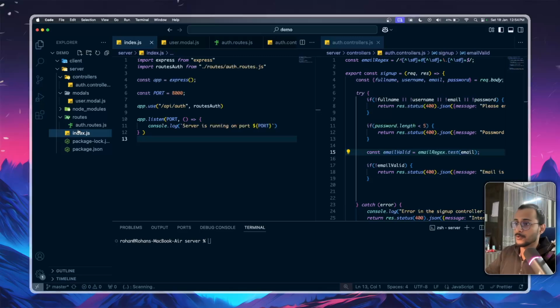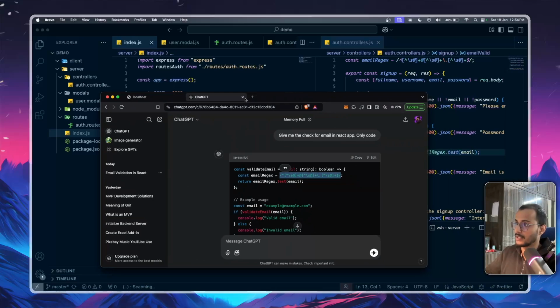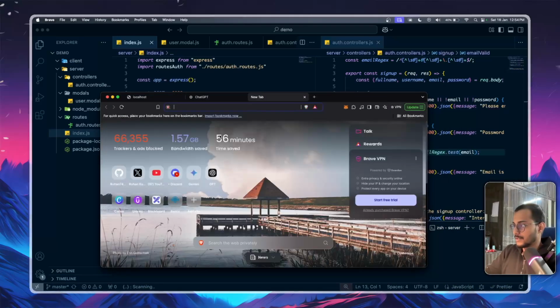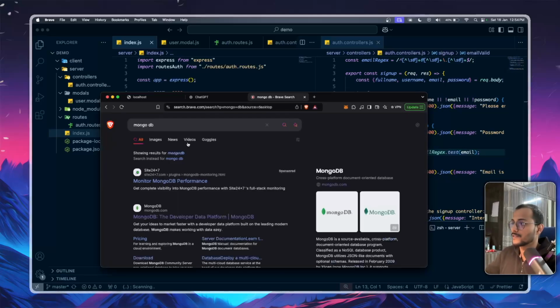In order for you to connect your MongoDB, you need to sign up on the MongoDB site. Let's go into it together, right? Go into MongoDB,